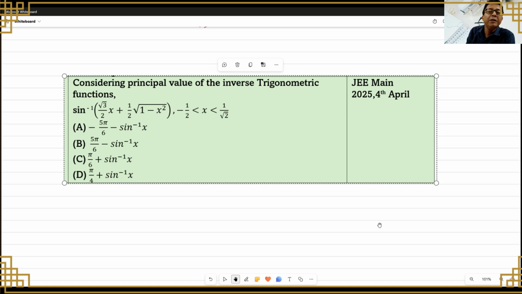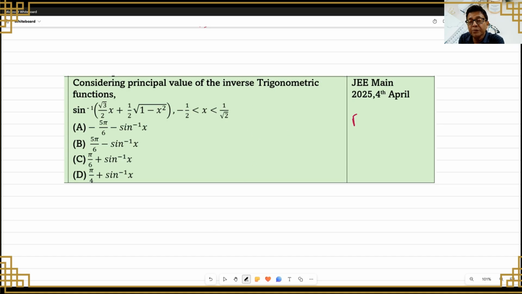Consider principal value of inverse trigonometric function. They are stated like this. So principal value of the inverse trigonometric function only. Condition what they have given, x greater than minus half less than 1 by root 2. You can make an observation there before you do, that root 3 by 2 is cos 30 and half is sin 30. So if you take